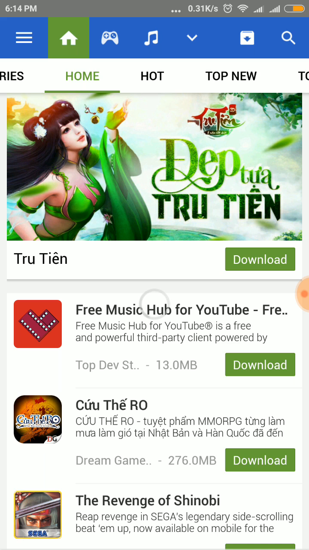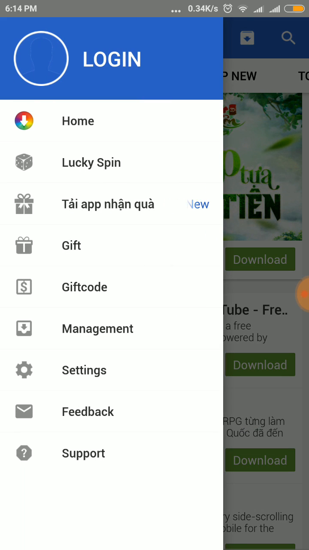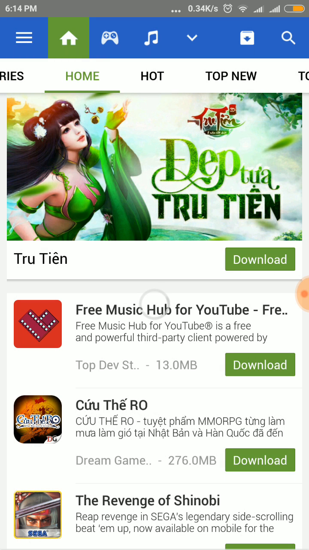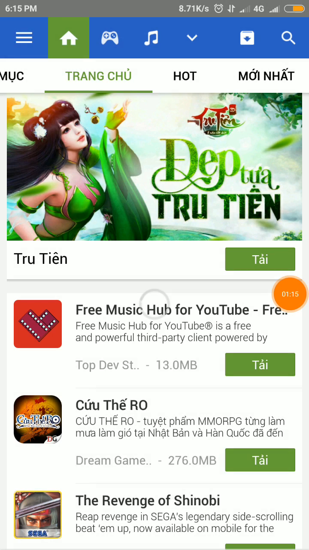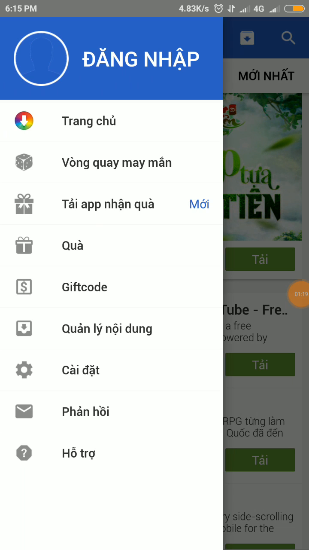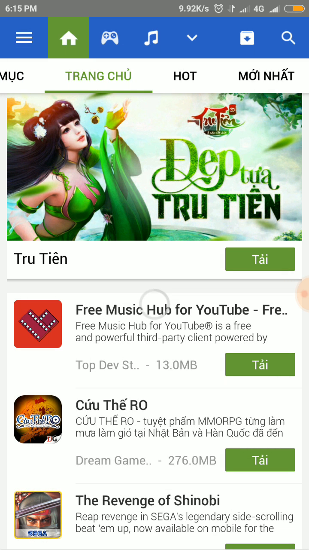Now you can see this is a foreign app. It contains foreign language messages. On the top left corner there are three lines.